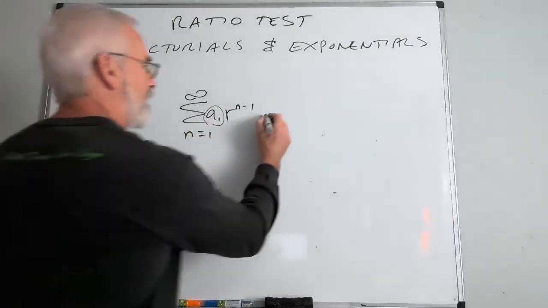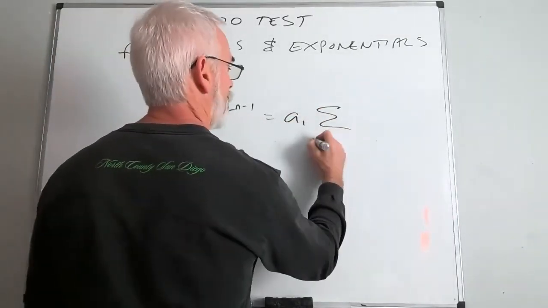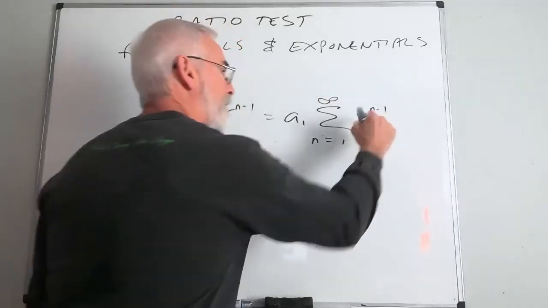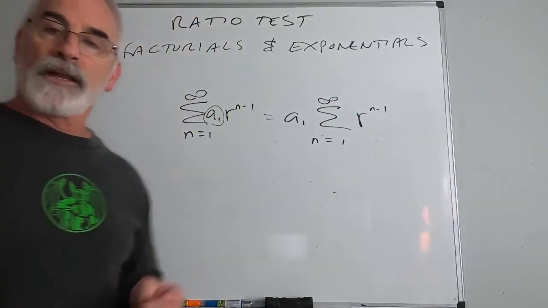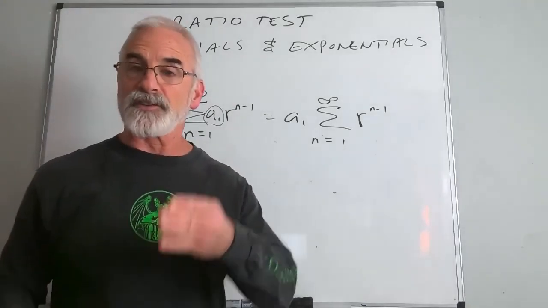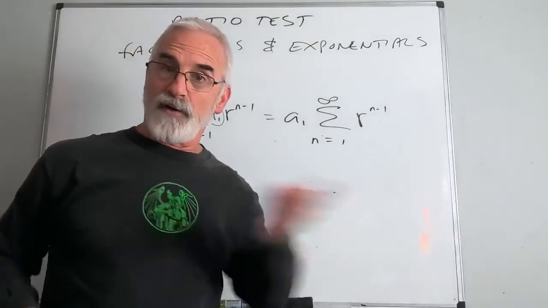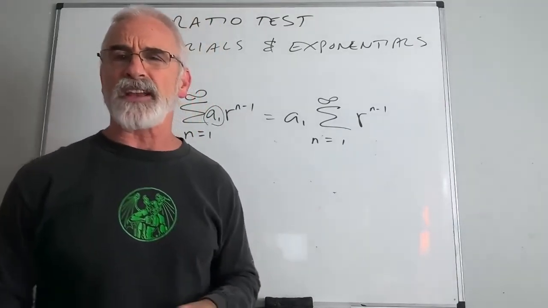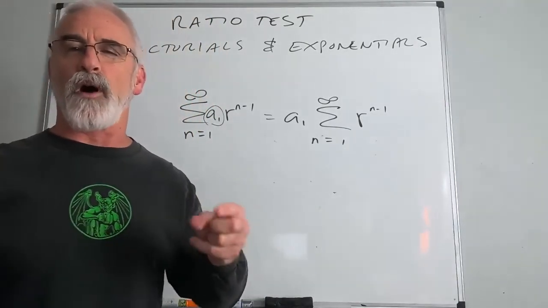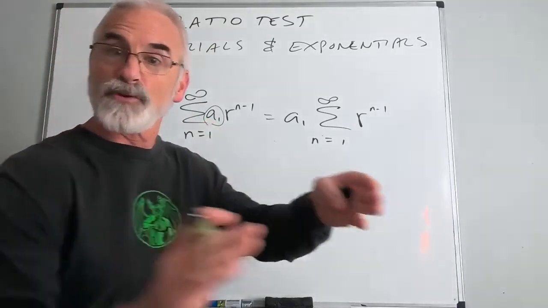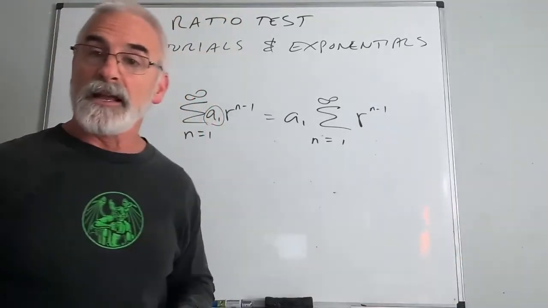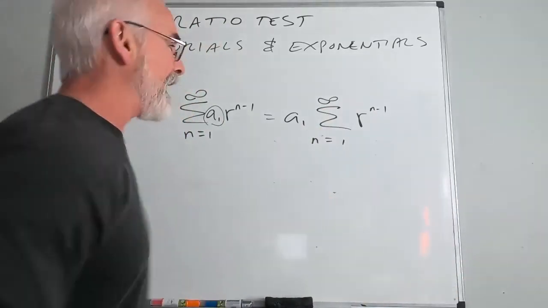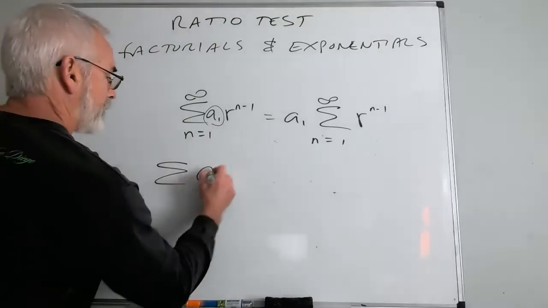Well, the a1 is not important. In fact, I'm going to move the a1 completely out. Okay? It's all about the r, isn't it? Remember, what makes a geometric series is consecutive terms have a ratio of r forever and ever and ever. It's the same r. Well, what if I had a series where the consecutive terms don't necessarily have a ratio of r, but that ratio is approaching r, like as in a limit? That means it's acting like a geometric series. Then if I have a series of the following form,